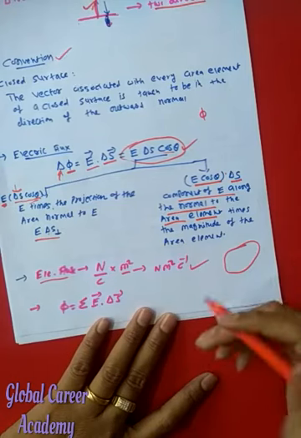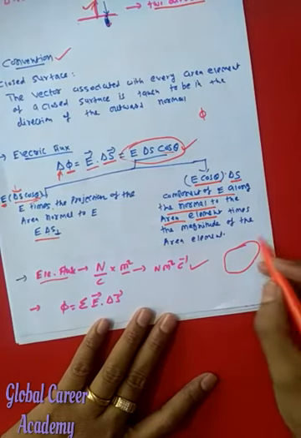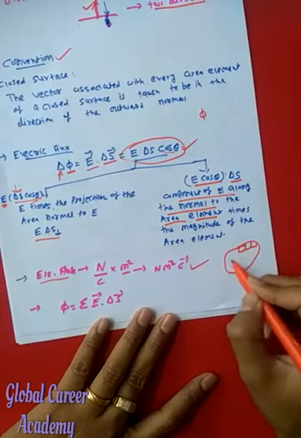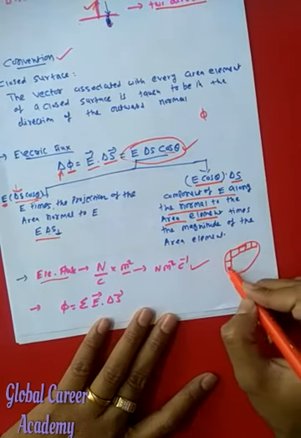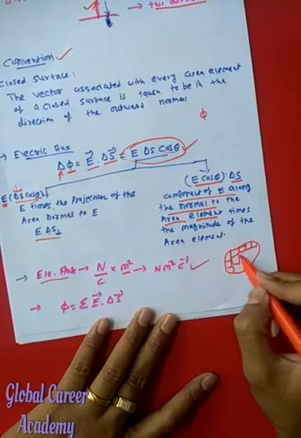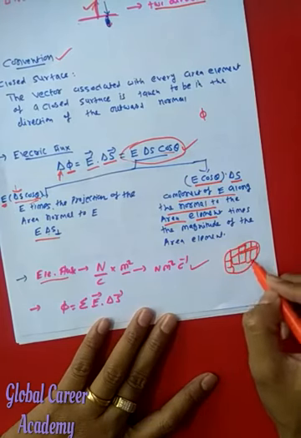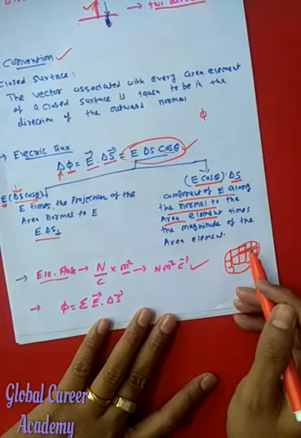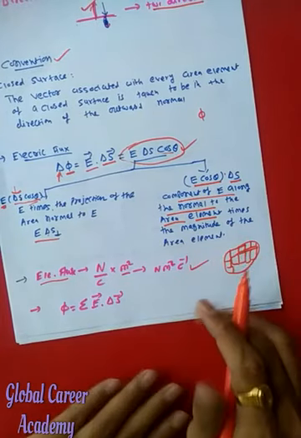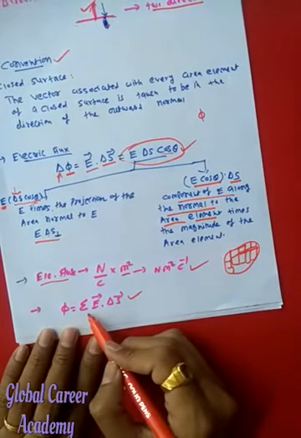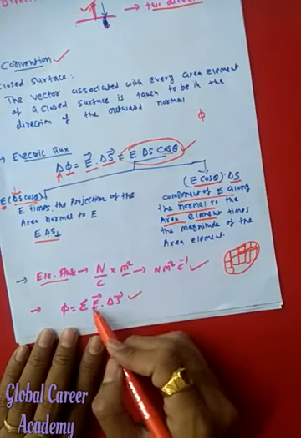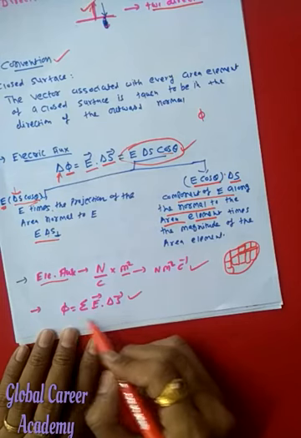Okay. What happens if we have a large area? Okay, we don't have a small area, then what should we do? So I will divide the large area into small area elements, and then I will calculate the flux for each and every small area element, and then I will add them all. So total flux phi can be given as the summation of the flux of each and every area element, and this